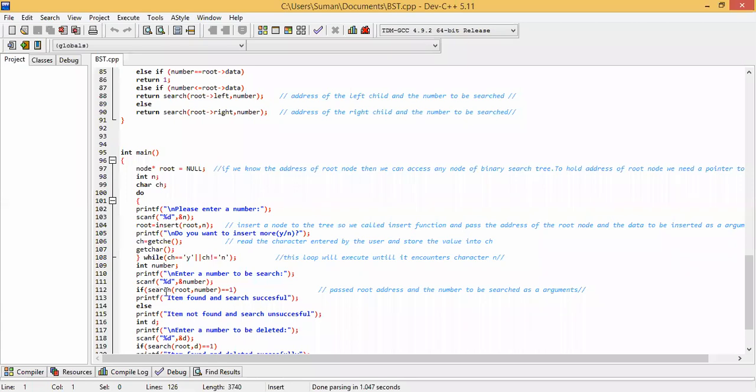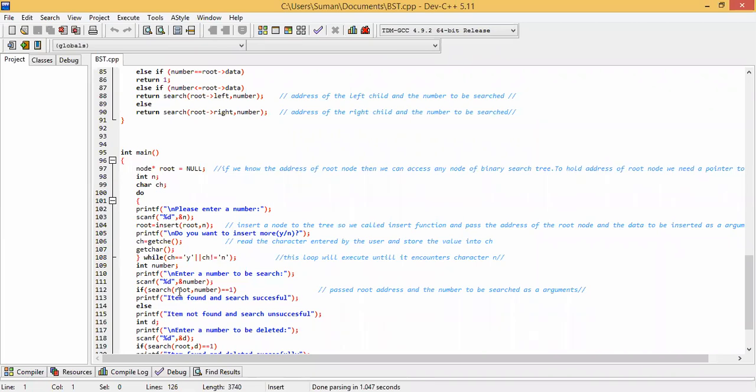And then the search function has root and number. In the search function, we are passing two parameters: the address of the root and the number which we want to search.